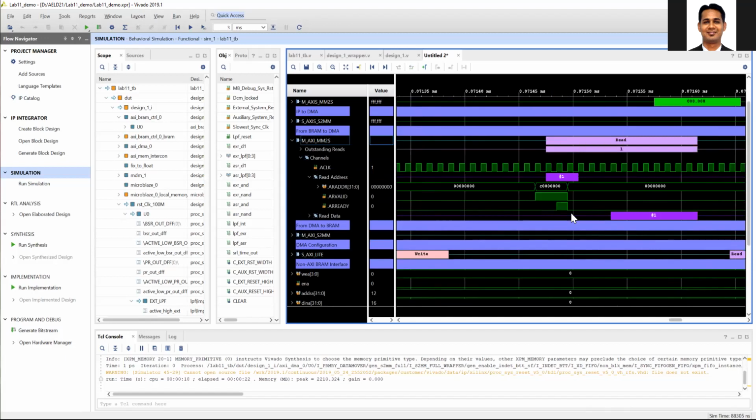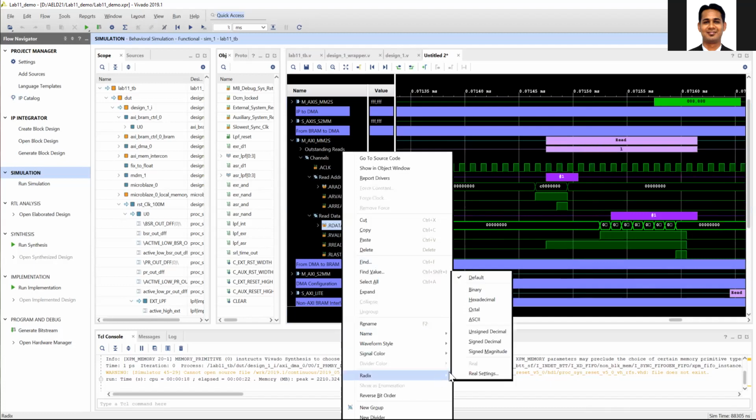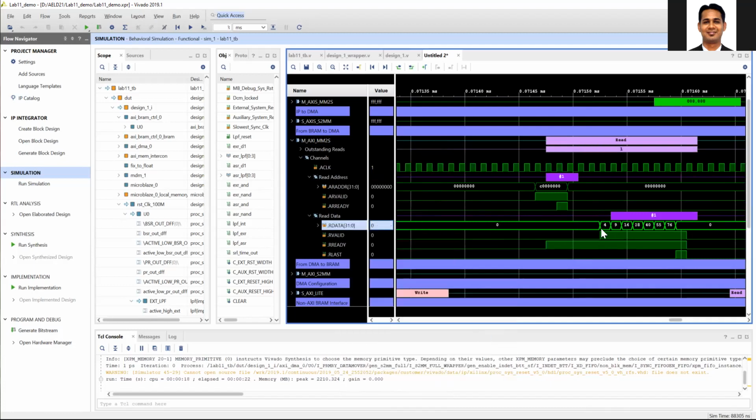You can see that there is a read address, which is the block RAM first address, and then there is the corresponding data. You can see that a burst transfer is happening. So this is the data. I'll just convert it into an integer, because the block RAM data which the processor has stored is integer data, so unsigned integer. You can see that the data which we have written is now read by the DMA.